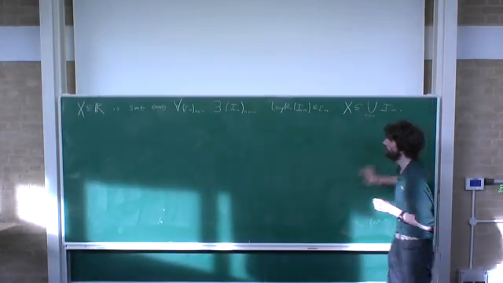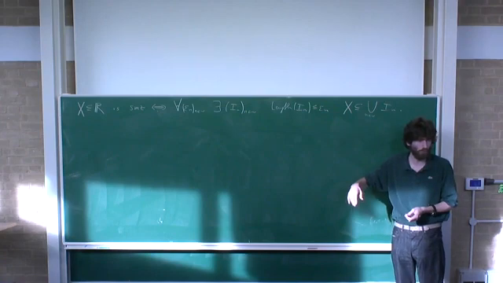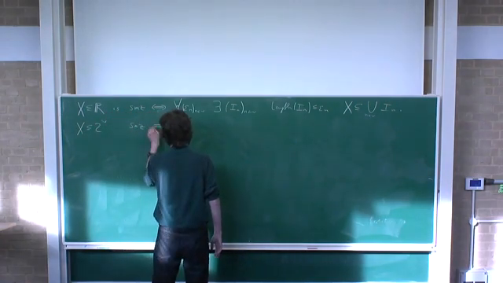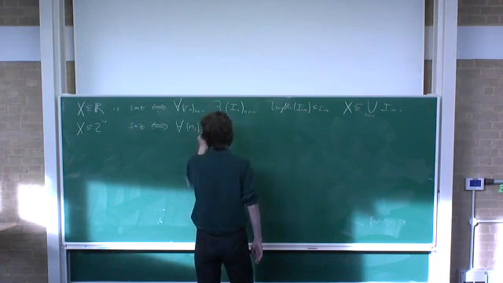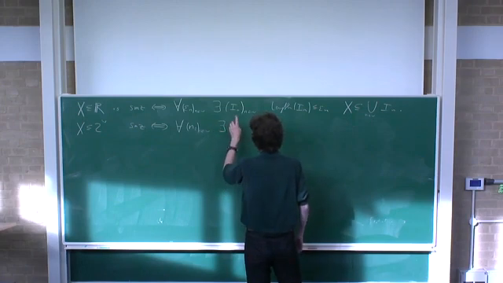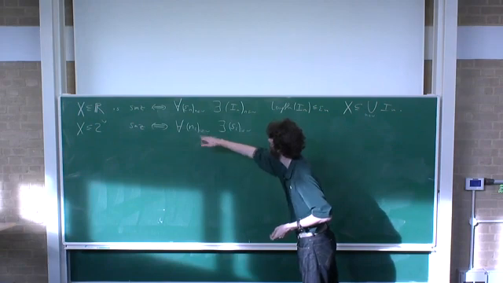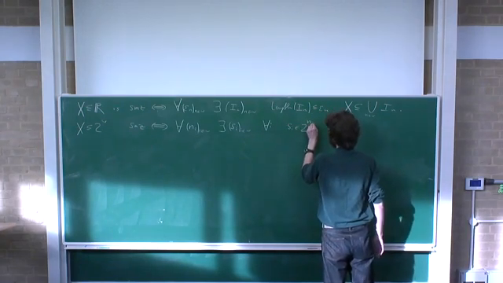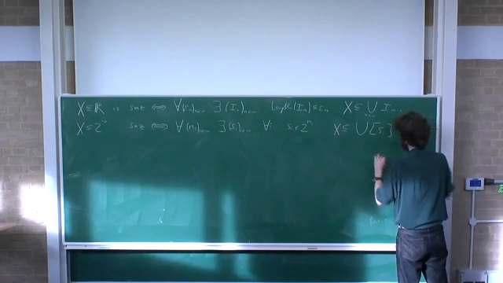So in set theory, it's more interesting actually. It's easier to prove things because things work out combinatorially to switch from R to 2 to the omega. So from now, let me restate the thing for 2 to the omega. So X in 2 to the omega is strong measure zero if for each sequence of natural numbers, a fast increasing sequence to omega, so to speak, there exists a corresponding sequence of basic closures. So let's say s_i, i in omega, with the property that the length of s_i is at least n_i, or you could say for each i in omega, s_i is an element of 2 to the n_i, okay? Such that X is covered by